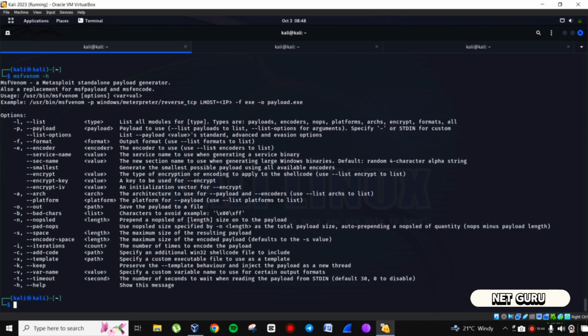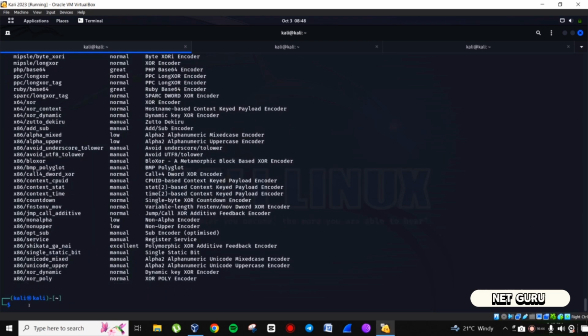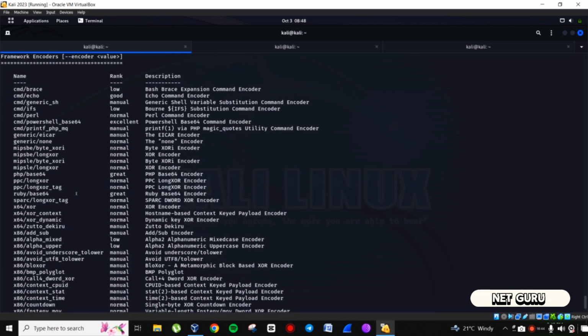And to see the available encoders that we have, we can just type msfvenom -list encoders, and this will give us a bunch of lists of encoders that we have. And we can see, let me scroll all the way up, we have different encoders right here,